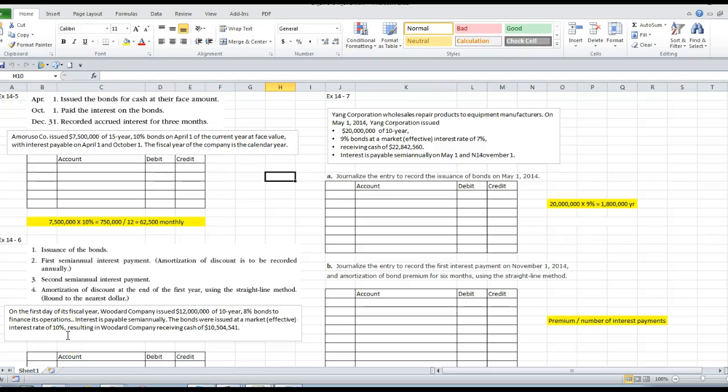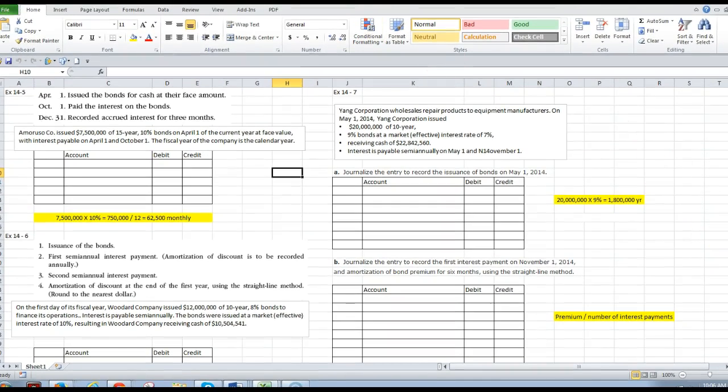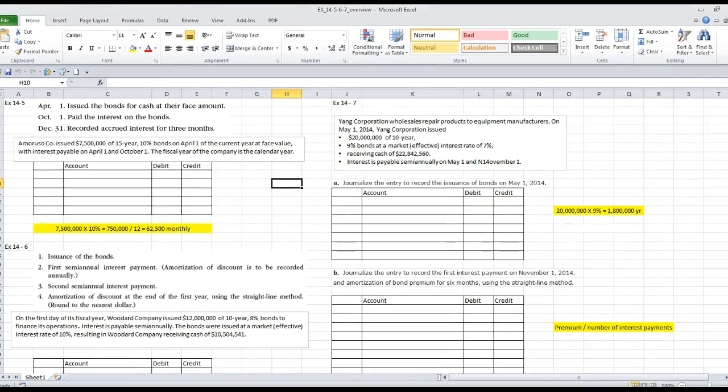Okay, here we go. We are on 14. Let's get that right. We are on 14.5, and we're going to issue bonds at their face amount, which means the interest rate for